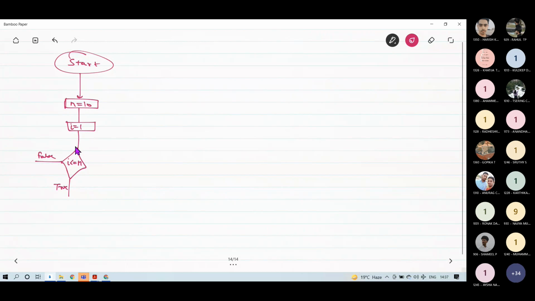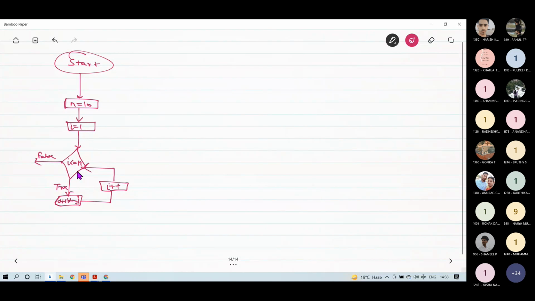If this condition is true, then what I have to do is display I. And after displaying this, I will increase the value of I by 1, I plus plus, and it will go back to the diamond, back to the condition.